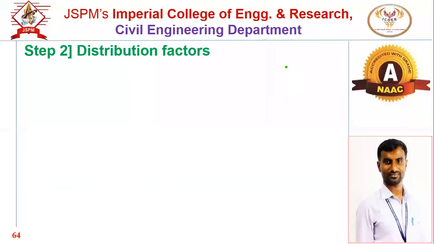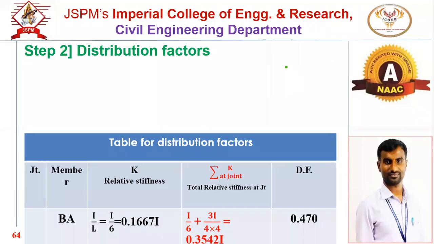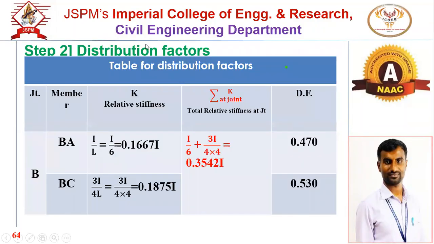So step number 2, the distribution factors. Now prepare the standard table format: joint, member. So the joint is B. There are two members associated with joint B, BA and BC. For BA it will be I by L, where L is 6. So if you solve this, 1 by 6, that is 0.1667 I. Then that of BC. Though C has the overhang, it is not the intermediate support, or the continuous support. C is the end support, and it is simple, so it is 3I by 4L, or 3 by 4 into I by L. L is 4, so 3 by 16,